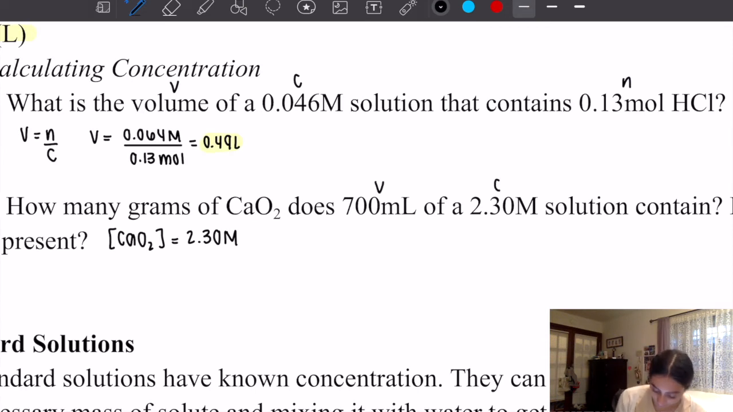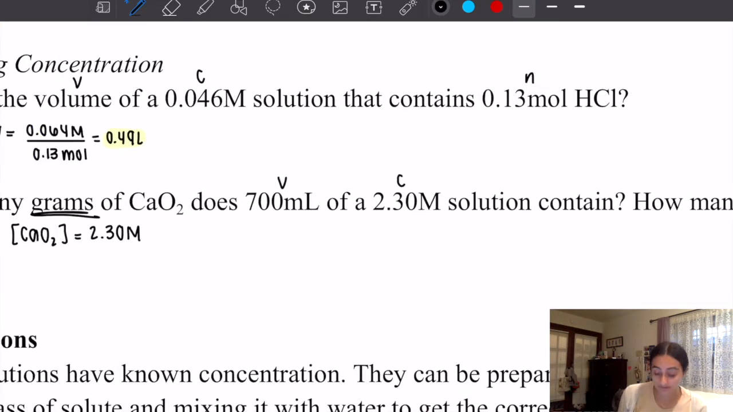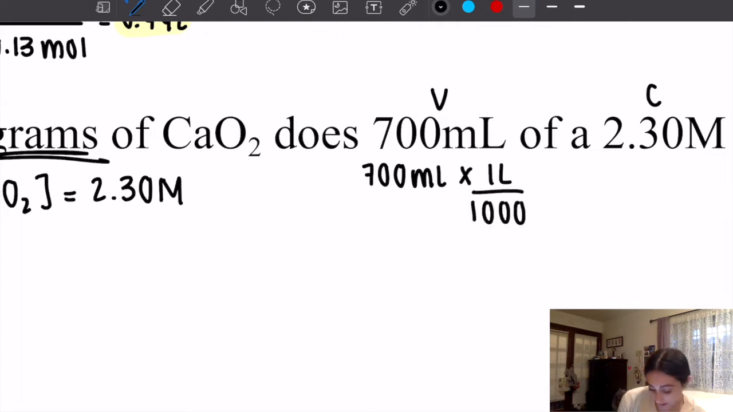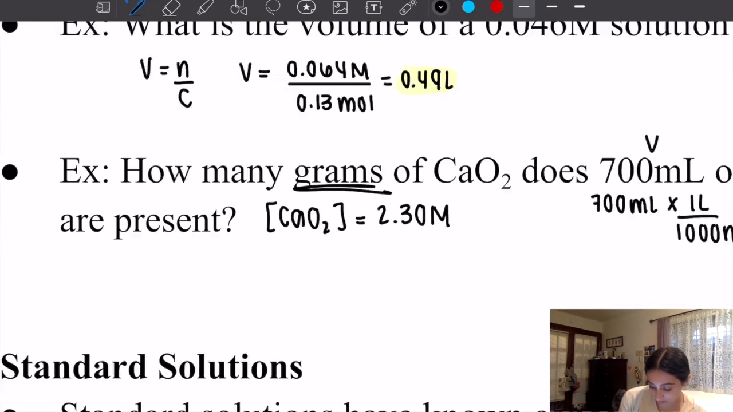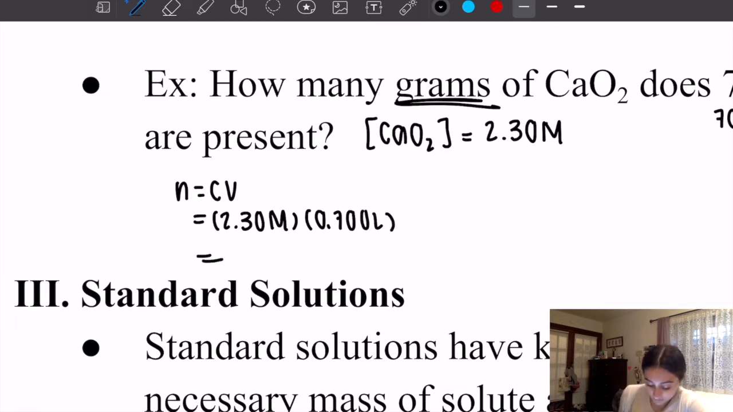Okay, so we have our volume that we're going to need to convert, and we have our concentration, and we want to get grams, but we're going to need moles to do that. We also need to get molecules. So let's first convert our volume. So 700 milliliters times 1 liter over 1,000 milliliters equals 0.700 liters. Okay, now let's find our moles. So n equals CV, so it equals 2.30 times 0.700, and that equals 1.61 moles